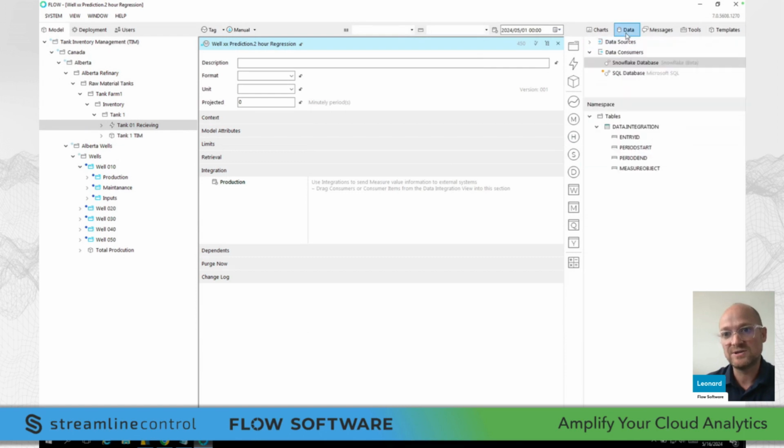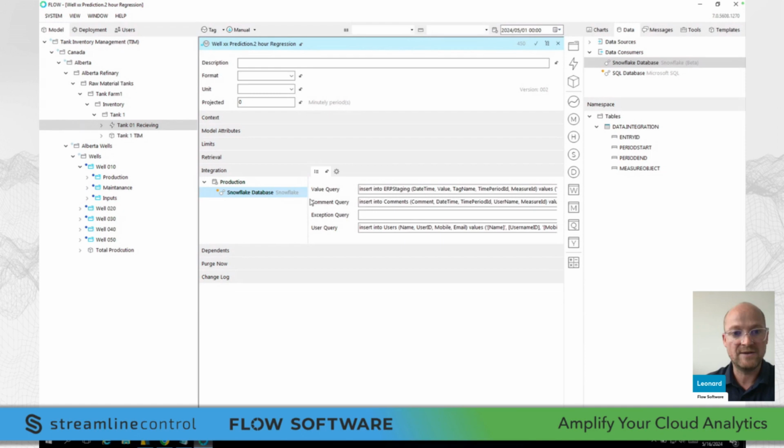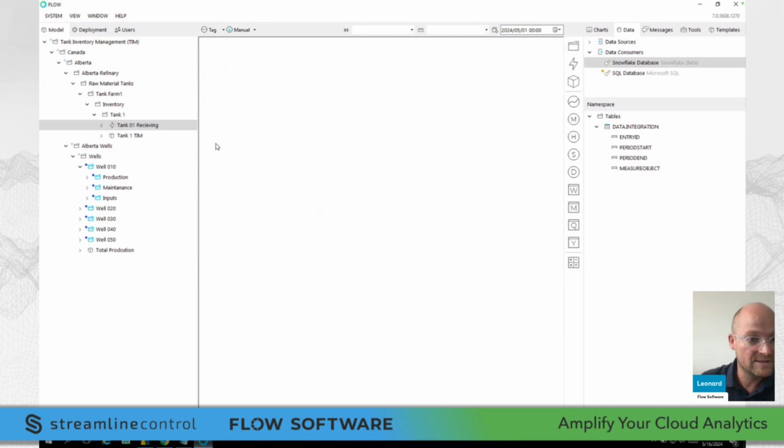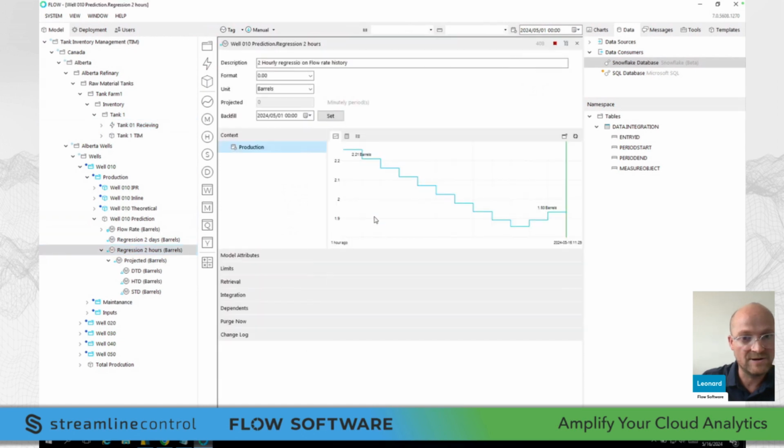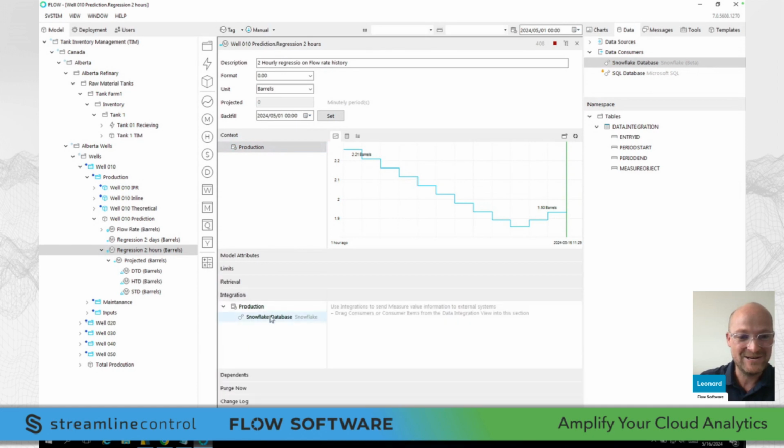So I will go to this Snowflake integration. I will drag it onto this, and then I will have the capability to go and write queries. What will be my insert queries or my out to mimic my actual schema that I've created. Now, I've done this just before. So again, in my prediction here on my hourly to hourly regression that I'm doing, I've added in the integration, and I'm going to deploy this out to start pushing data